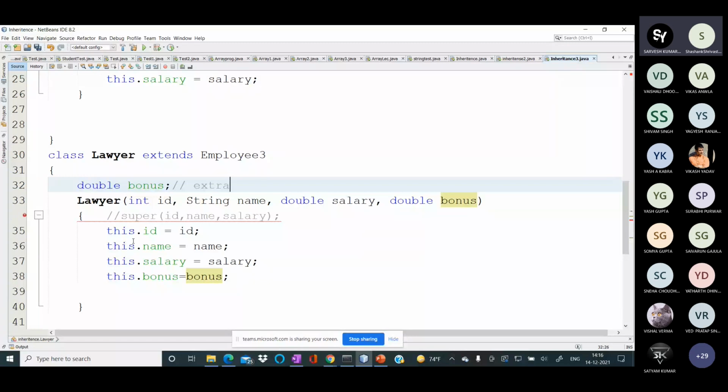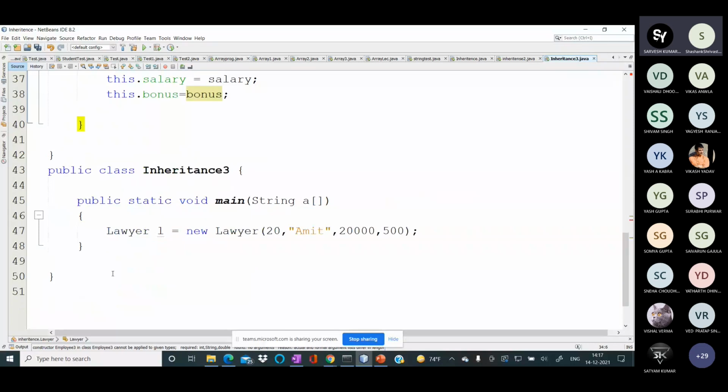But here in this case you can see that an error is generated. I just removed this line and the error is generated. In the main class I create the Lawyer class object with the help of the parameterized constructor of the Lawyer class.